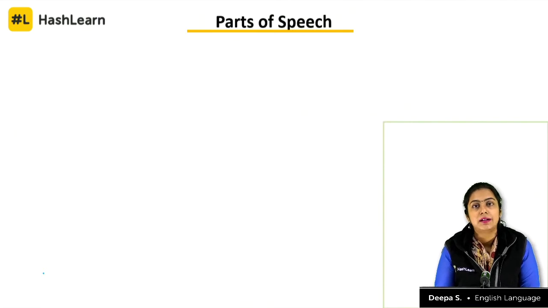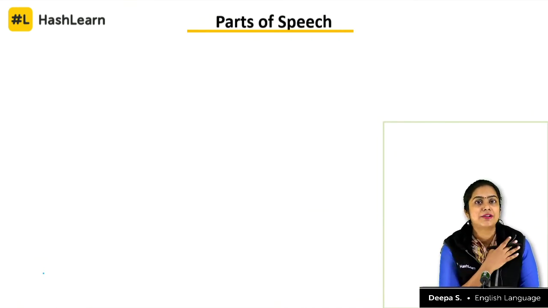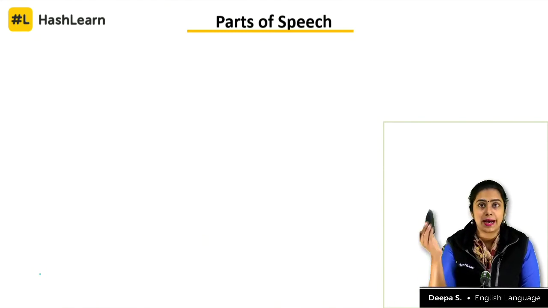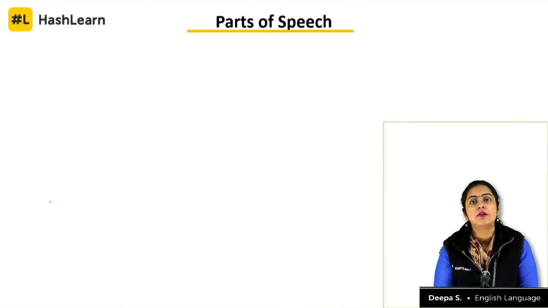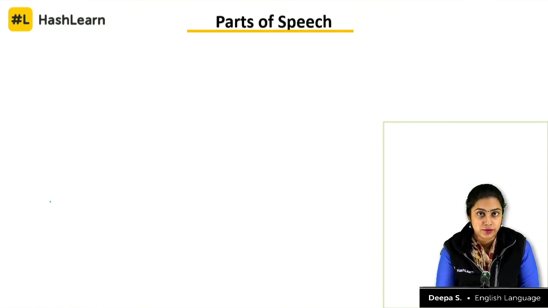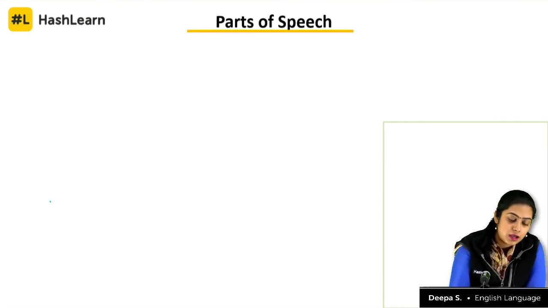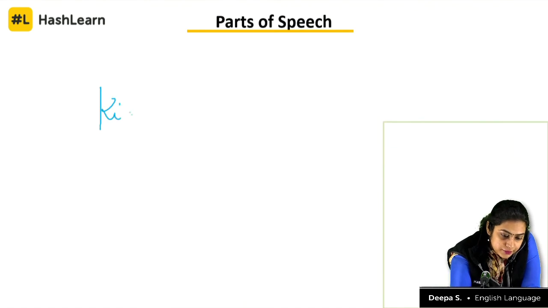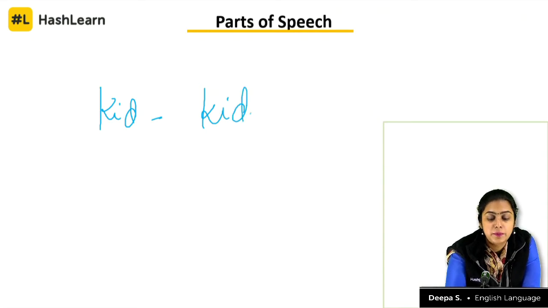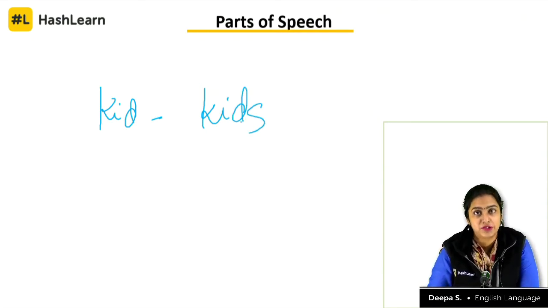And then, what are common nouns? As I said, random objects lying right around you, most of them are common nouns. I'm wearing a black jacket. I have a mouse that is black in color. All of these are common nouns. How else do you categorize nouns? There are collective nouns, singular nouns, plural nouns. For example, kid, that is a singular noun. When I put it in plural form, it becomes kids. Correct?